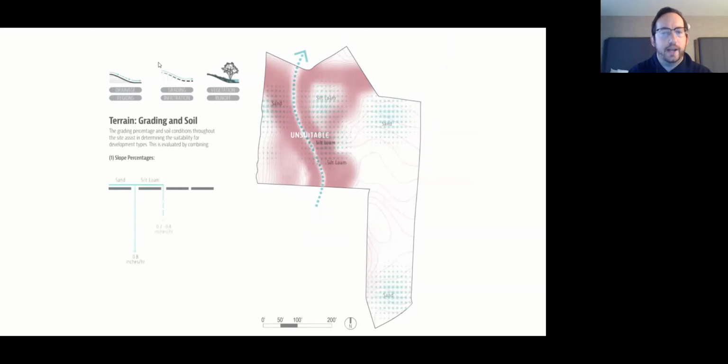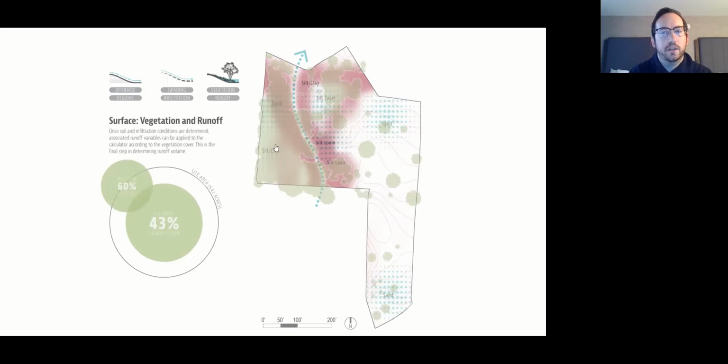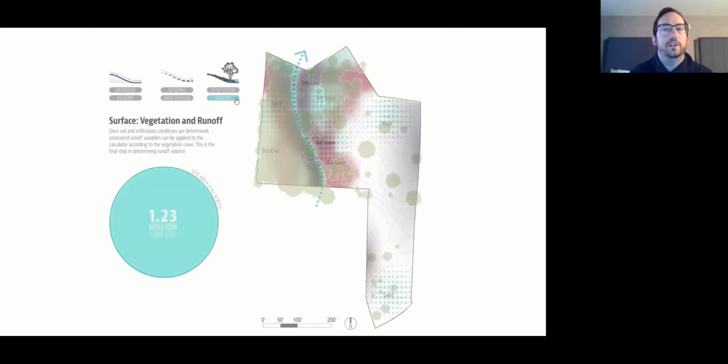Soil starts to affect what happens to that water also once it hits the site. So where is it going to have high infiltration rates versus low infiltration rates? How the vegetation starts to impact that runoff volume. And again, this element of interaction, as you start to scroll over these different regions, you start to get additional metadata inside of that. And then lastly, once you start to actually compile all of these variables on top of each other, we get differing runoff volumes and percentages. And like I said, some of it flows offsite, which is around 50%, versus the other remaining flows to this